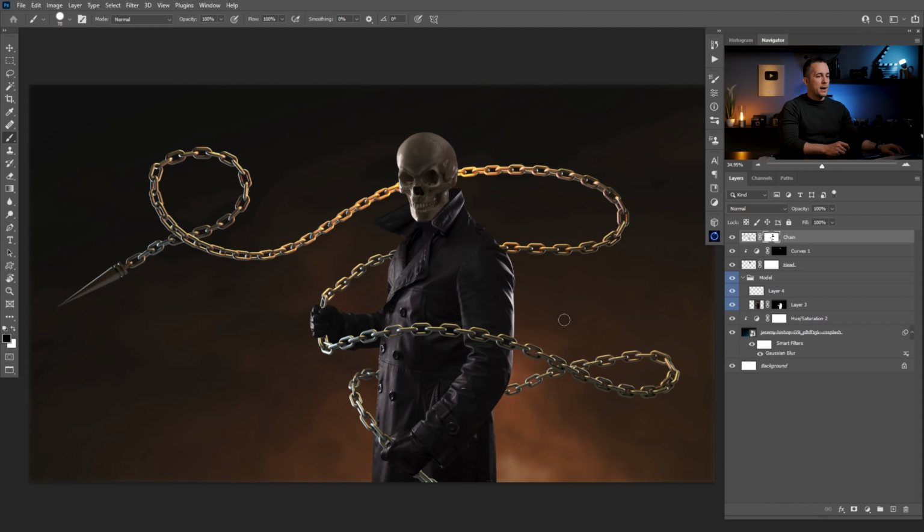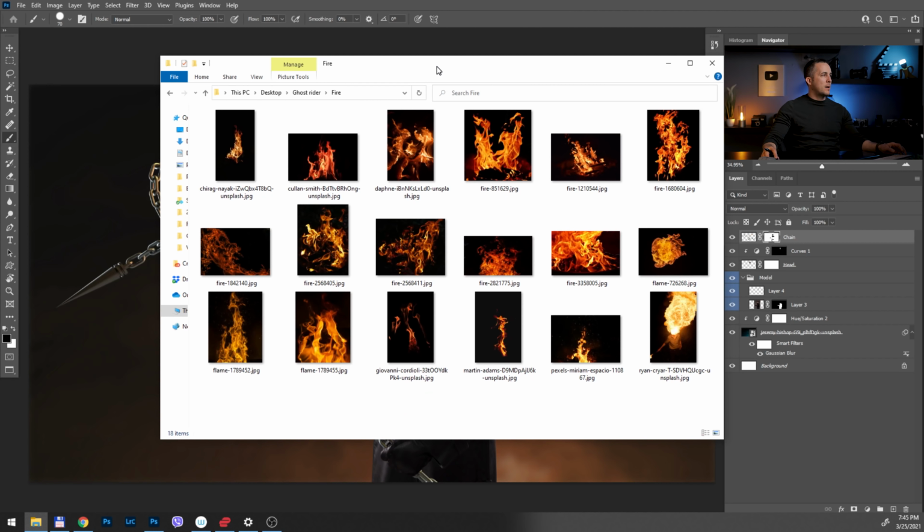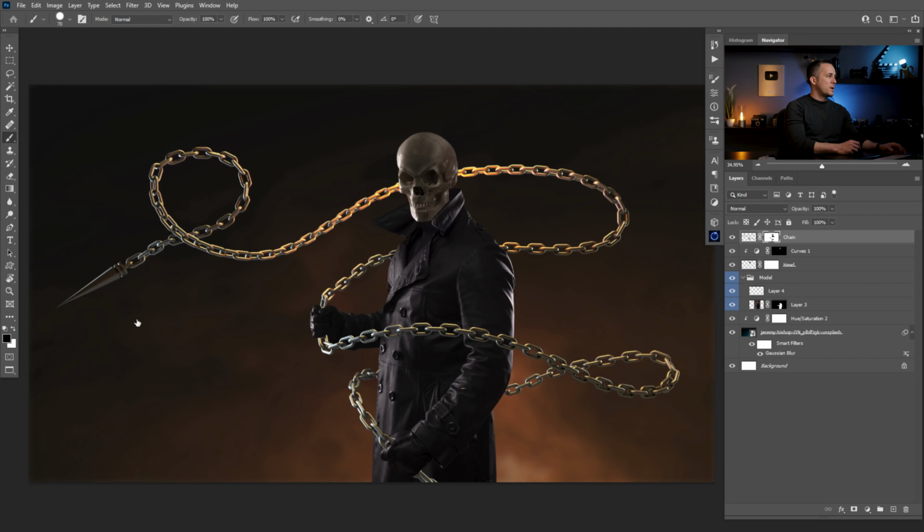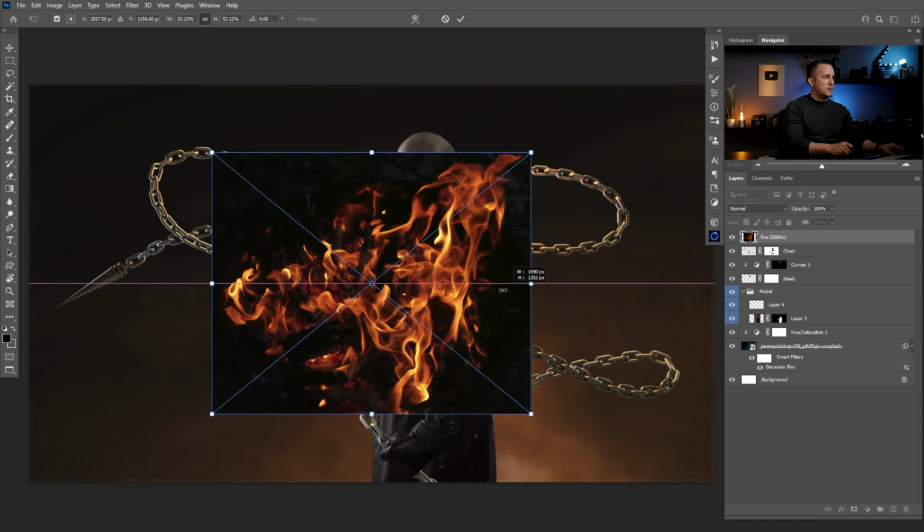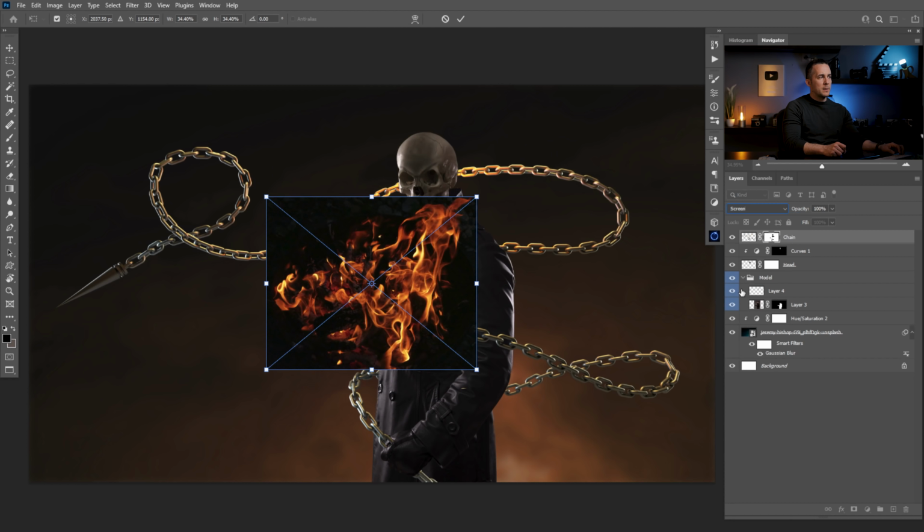So go there, search for the fire, and just download the fire. And after that, let me show you. It's here on another screen. I have these photos of fire that I downloaded, and the idea here is to just go with some of the photos. For example, this one, put it right there, make it smaller, put it in the screen blending mode,